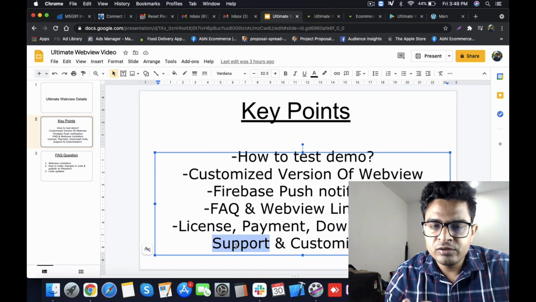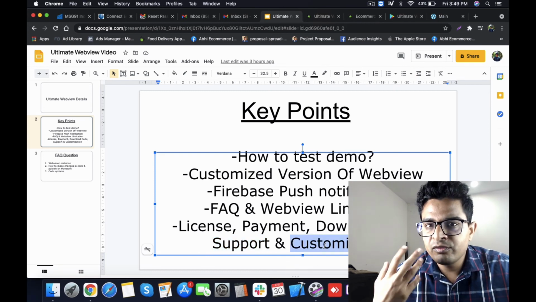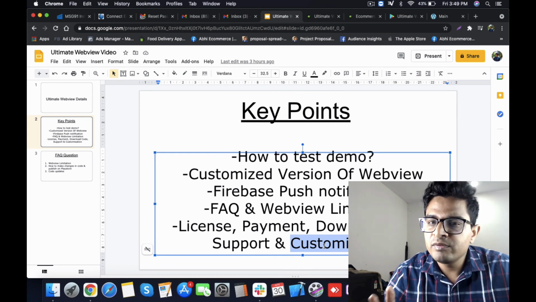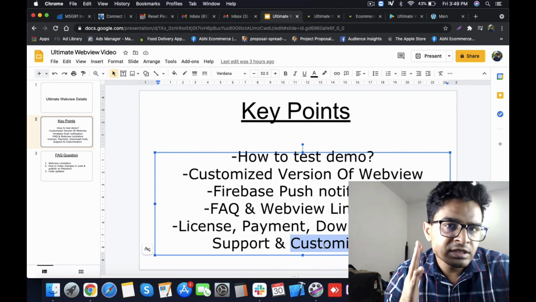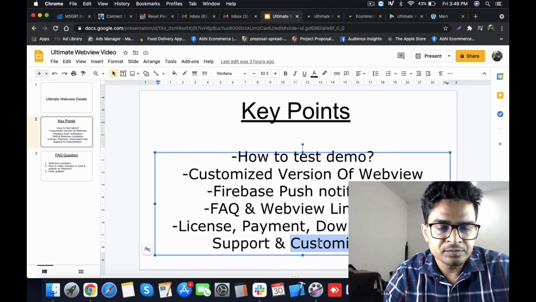Now the next thing is support. Our support is Monday to Friday, and if you face any issue you can let us know. We will help you in fixing the bugs. Sometimes we may take 24 to 48 hours to reply, but we will try our best to reply as soon as possible. For customizations, for example if you want some new features in WebView for yourself, we will charge, and the charges will depend on your requirement. So there are no fixed charges we can give you.